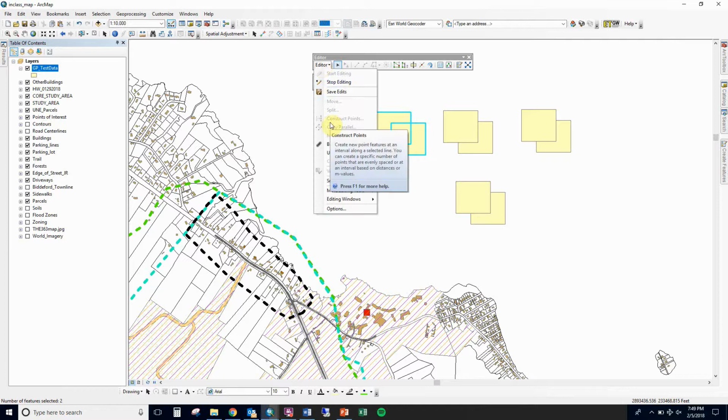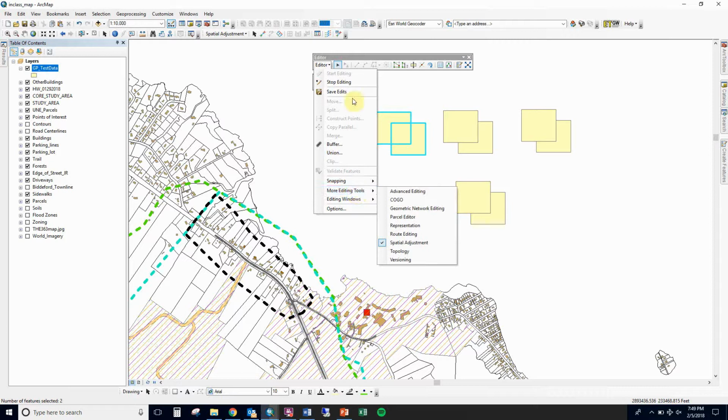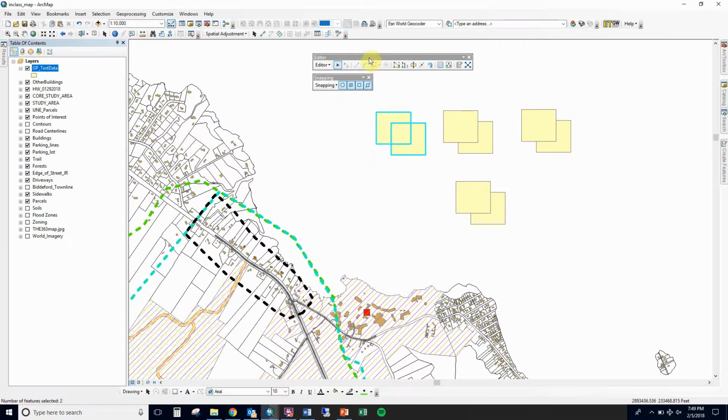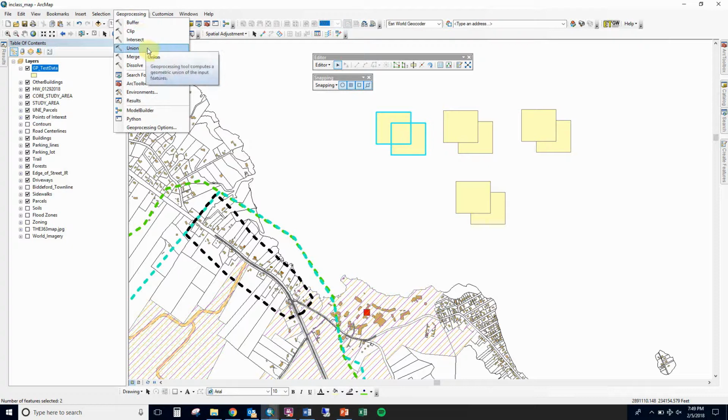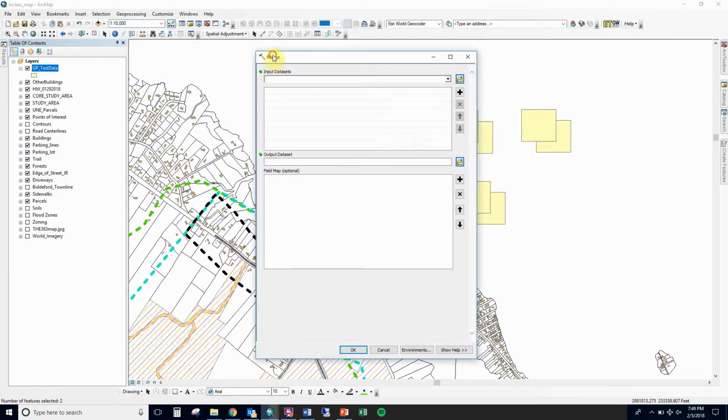Editing tools. If you go to this geoprocessing list up here, these are the most common geoprocessing tools, and the one we were talking about is merge. So if you open that tool,